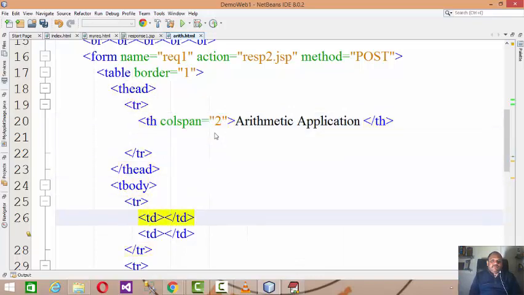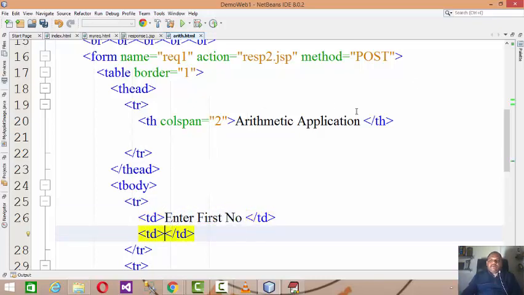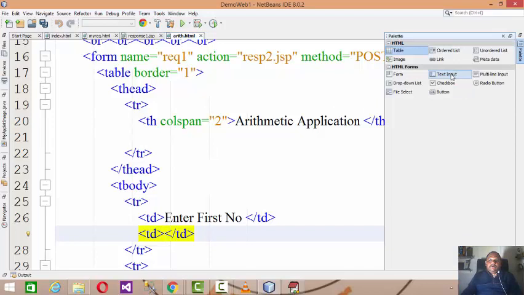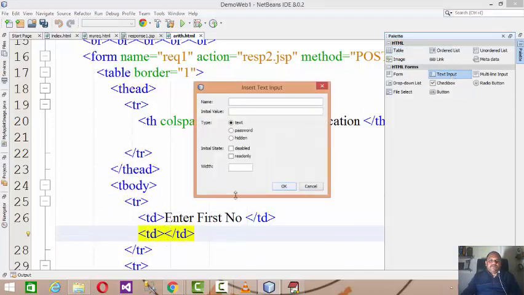Colspan equals 2, and here I will be writing the first number, and I'll be reading the first number from the user, FNO. The size will be 30.